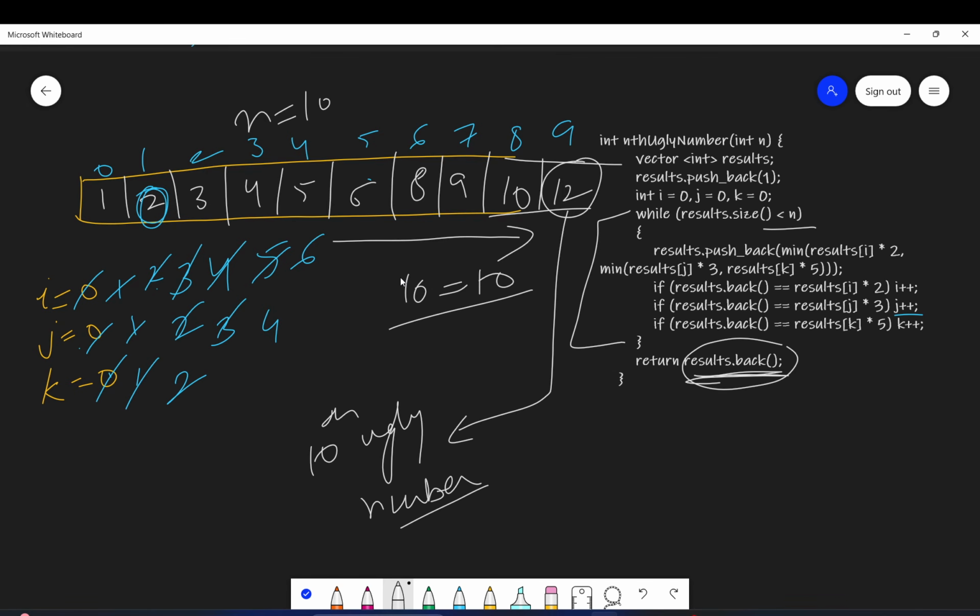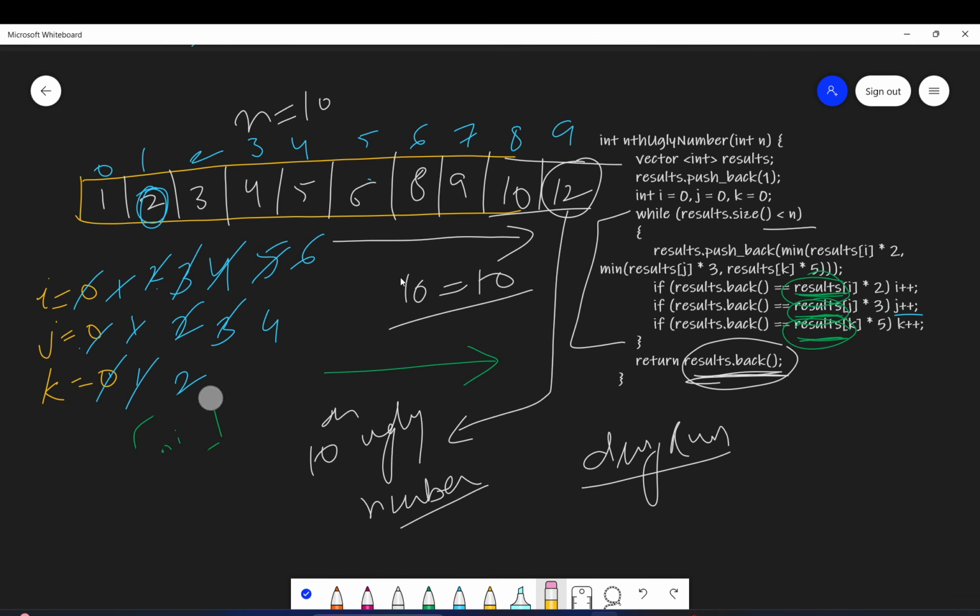Okay, guys, I hope you understood the dry run. Now, see what we have basically done in this approach. We are generating the ugly numbers from the numbers themselves present in the ugly number list. This approach helps in such a way that we do not have to find the minimum element every time, because it's automatically picking the elements in the correct order.